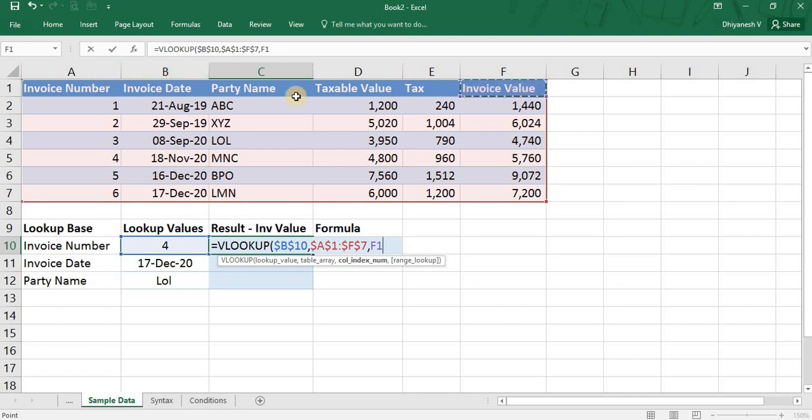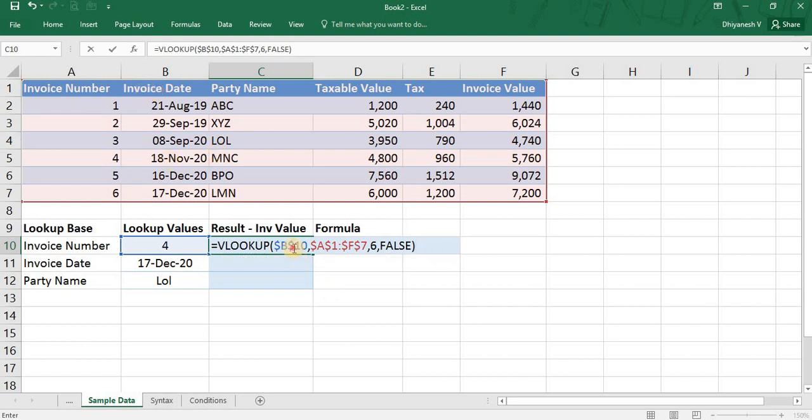So I will count the number of columns in this range: 1, 2, 3, 4, 5, 6. So I want the result that is available in the 6th column. So I will enter 6 as my column index number, and I have to specify false. That is the exact match condition used in VLOOKUP. So I will specify false.